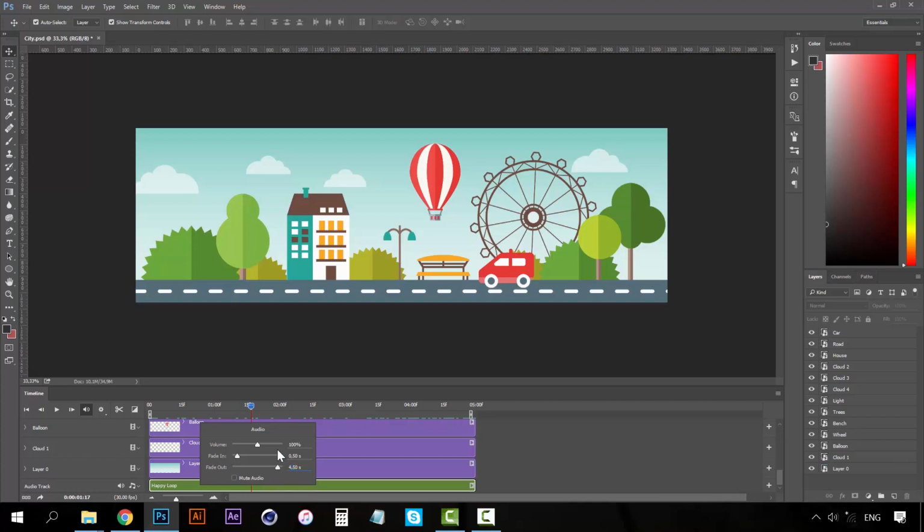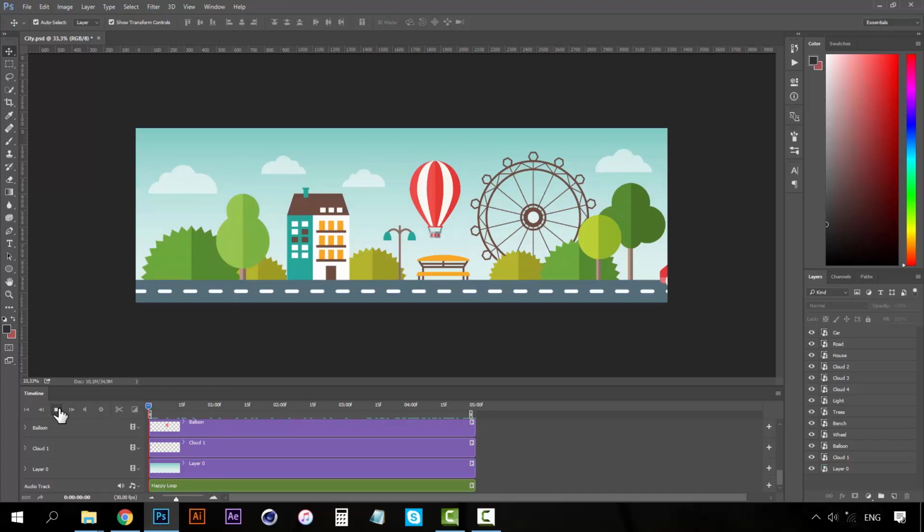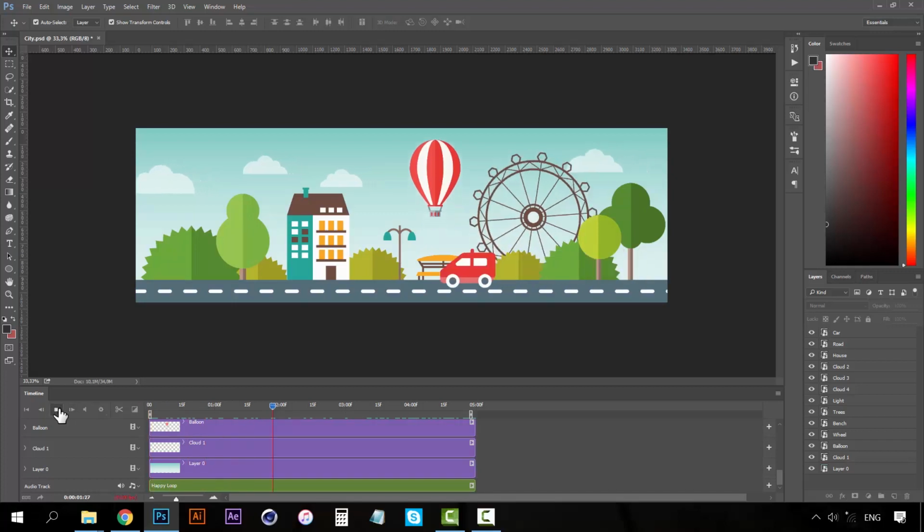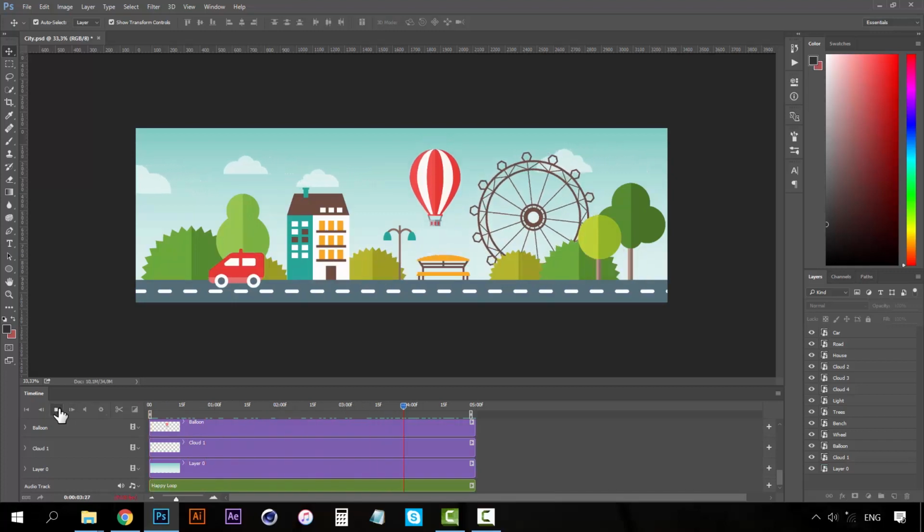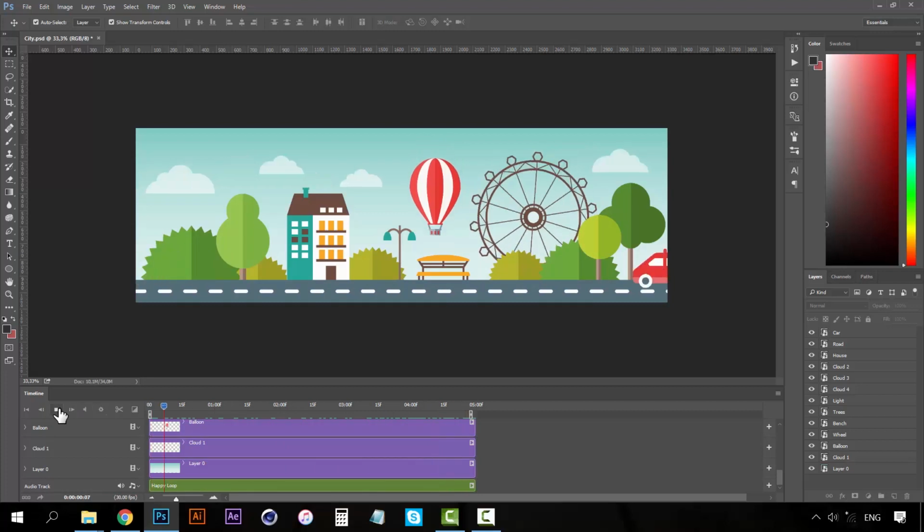If we press play, you can see that it has a nice fade in and fade out effect. So we have completed our animation. Let's save this document,